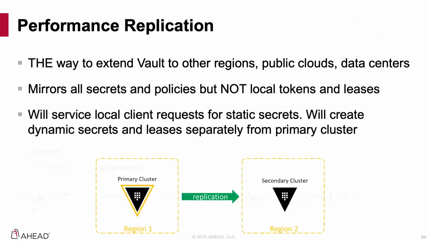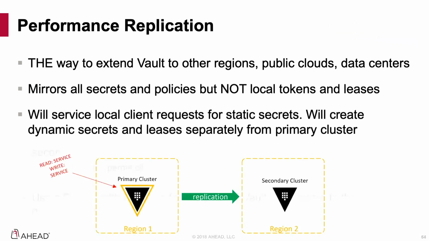So anything you set up, so long list secrets, any of the ACLs, but it will not replicate the local tokens and leases. And that is because the local clusters will actually service local clients for tokens and leases. So the last part is it will service local clients' requests for static secrets. It will also go out and create dynamic secrets and leases separately from the primary cluster. So our example here,